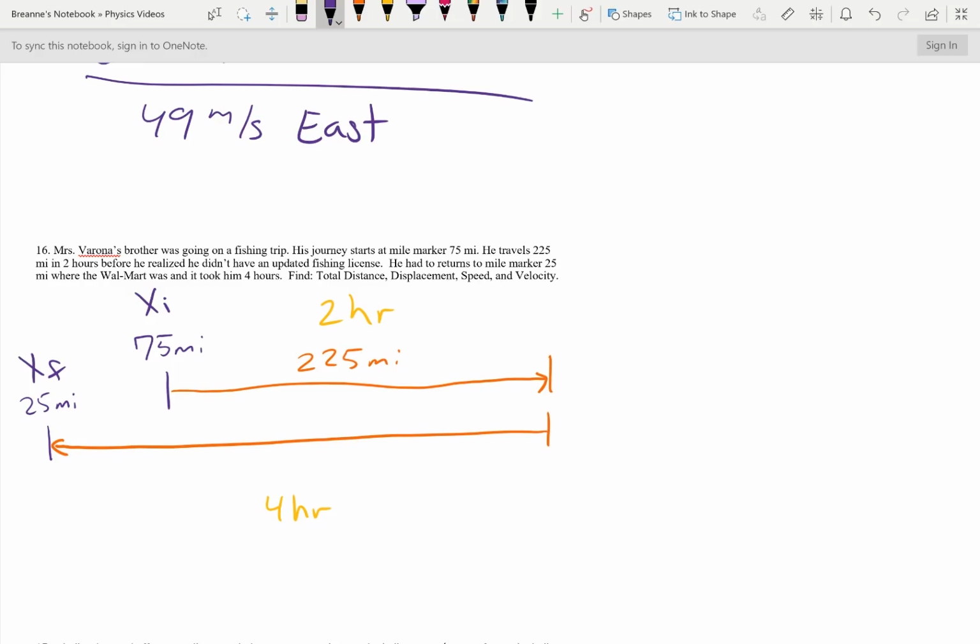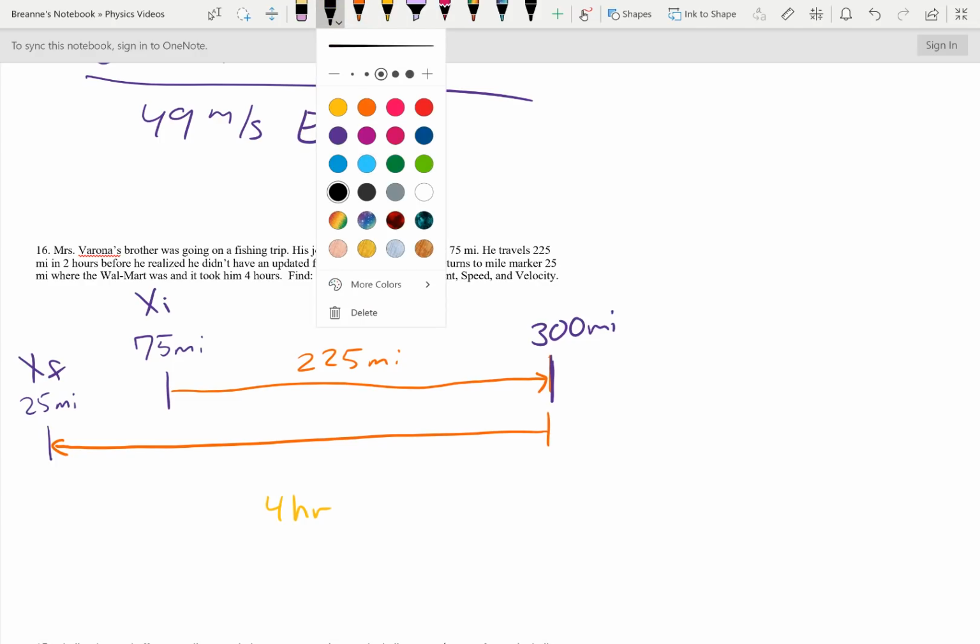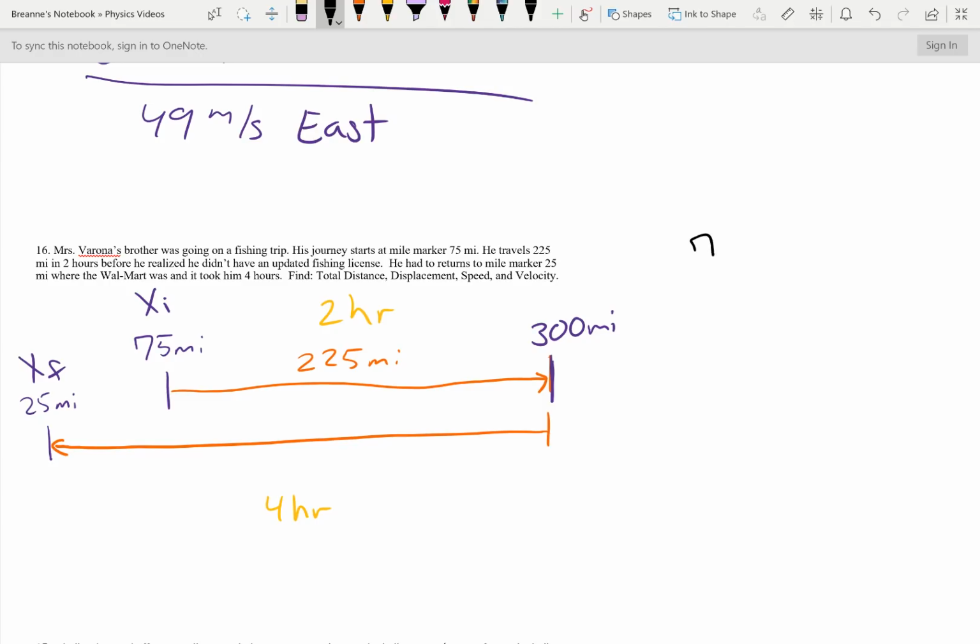So let's find total distance. It said that we went 225 miles. So let's figure out what mile marker he's at. You would just do 225 plus 75, so you find out that he's at mile marker 300. And how I got that was, he started at 75, he went 225, so that